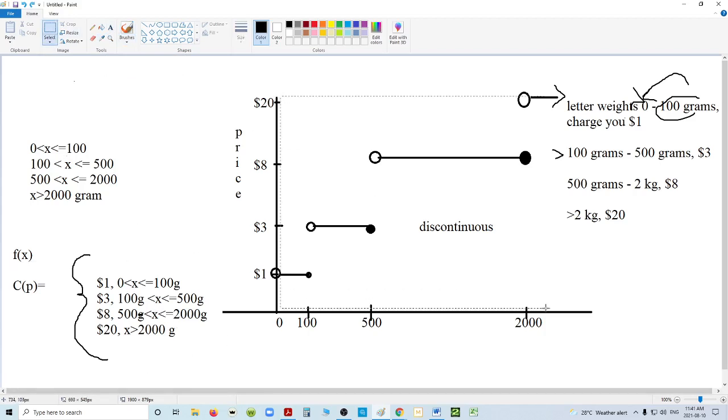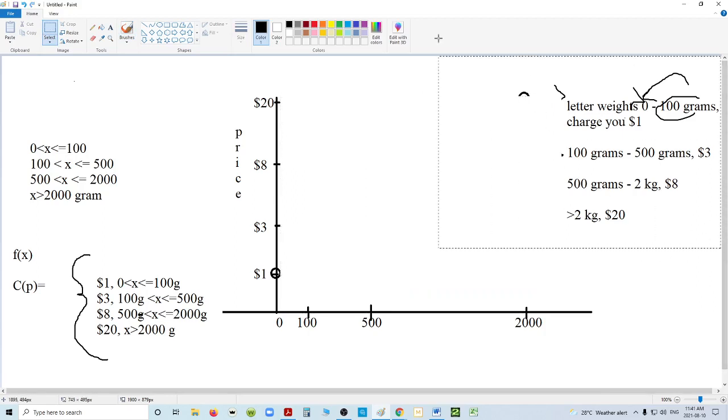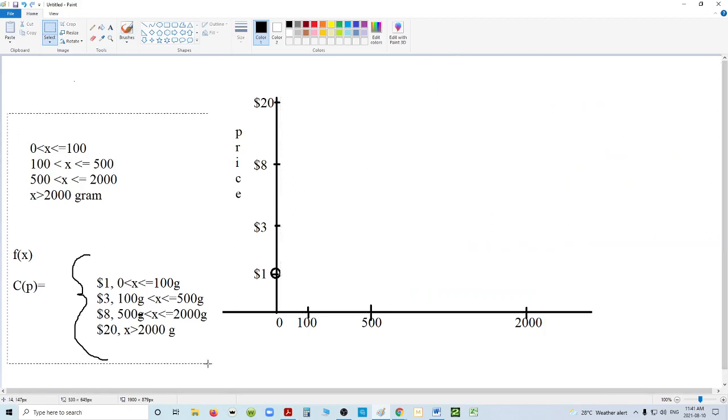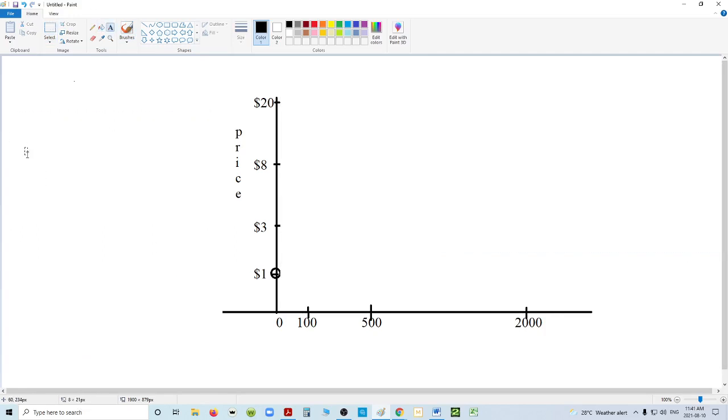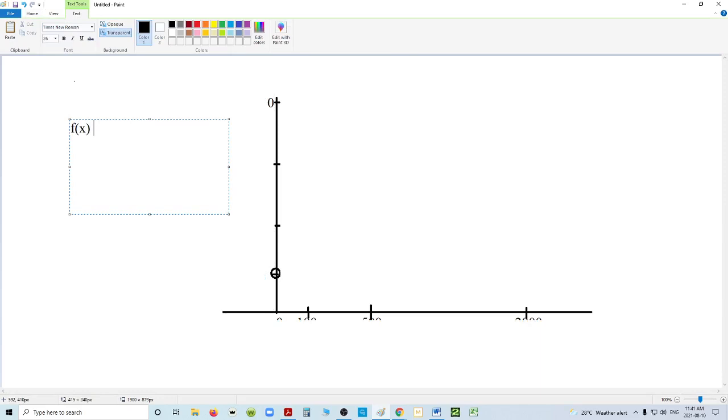Sometimes you can have a function that says my f of x is going to be my f of x, and we're just going to get rid of price and all that. We're going to just use a normal graph. My f of x is a parabola, and I'm just going to say x squared. But I'm going to say it's only a parabola when x is smaller or equal to 2. And then after that, I'm going to say when x is bigger than 2,